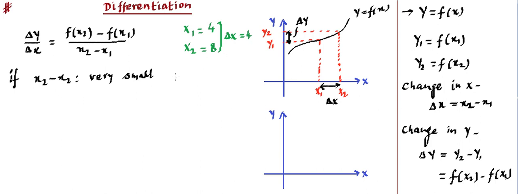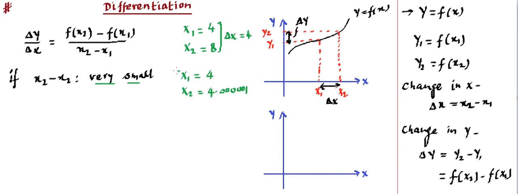Make sense? Now when we are saying very small, that means we are going to talk in such a way. Let's say if we take x1 equal to 4, then we are going to take this x2 very close to 4. That means 4.00000, as small as we can take. Let's say 2 or 1 or any number after so many more zeros. So if we take this x1 as 4 and x2 is slightly more than 4, then we will say the difference is going to be very small, right?